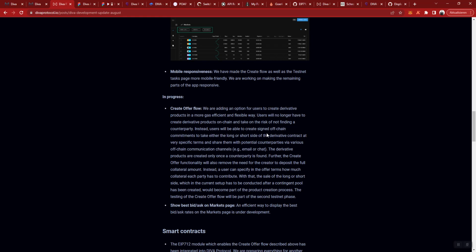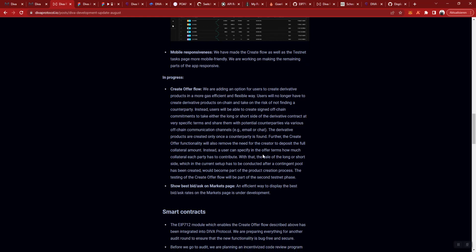So I could say, okay, I want to be protected against the DeFi hack. I sign this object and I send it, say, via Twitter, for instance, right? And then everyone can pick it up, go into the DIVA app, and trigger an on-chain transaction where he would become my counterparty. I think that's a super powerful feature. So it's gas efficient. It's also much more flexible because